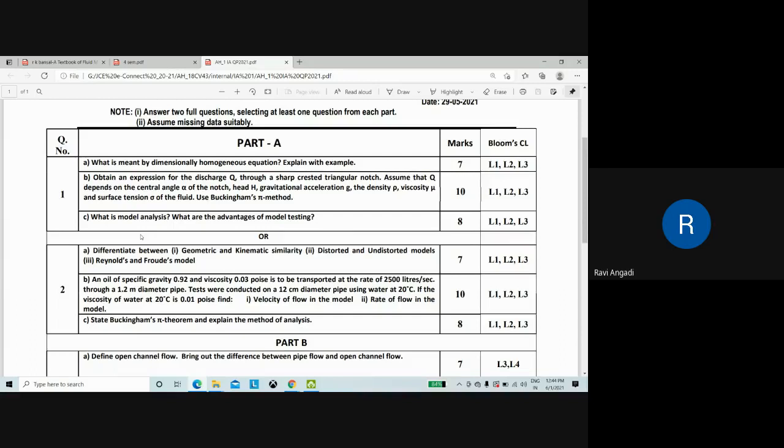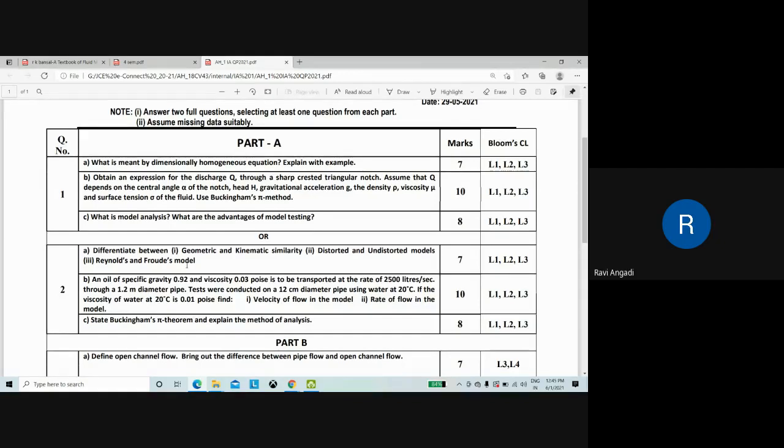Examples you should write. Whenever you are writing the differences, one is the definition, the other is an example you should give. Then again the Reynolds model: what is the Reynolds model, what is the equation, where generally you will be using the Reynolds model, which force is more predominant, all those things you should write in the differences. In the Reynolds model the viscous force is more predominant; in Froude's the gravity force is more predominant. Again you have to write the equations here. Then where you come across such numbers, the Reynolds number or the Froude number, in which situations you need to use them, those things you need to write in the differences.